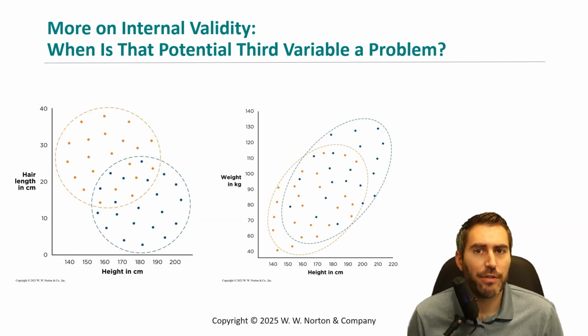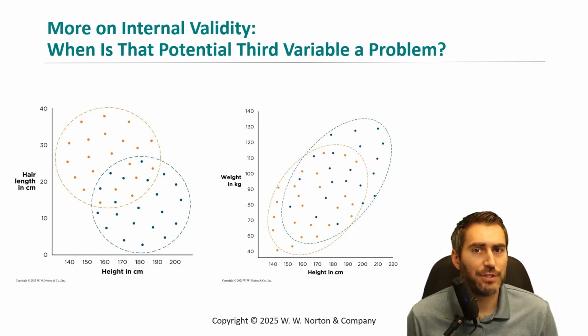When we come up with a third variable explanation for an association, how do we know if it poses a problem for internal validity? Let's look at these two examples. In the first graph on the left, we see the relationship between hair length and height, separated out by gender. If we look at all the data together, we see there appears to be an overall negative relationship between hair length and height. However, women, orange dots, are both higher in hair length and lower in height compared with men,